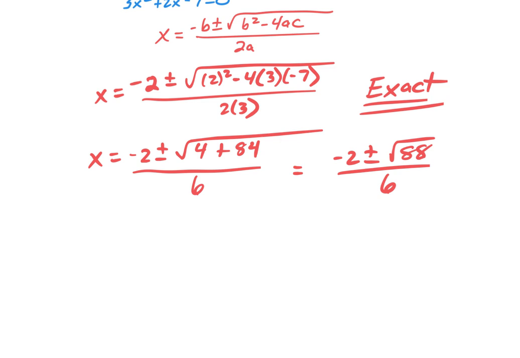We talked about this a little bit yesterday when we did i's. This is not an i because there's no negative under the radical, but I've got to simplify this radical 88 to get it in simplest form. So what we did yesterday is we looked at our perfect squares. What's a perfect square that would go into 88? 4, 16, 25, 36, 49, 64. Do any of those numbers go into 88? 4, okay? So what we're going to do